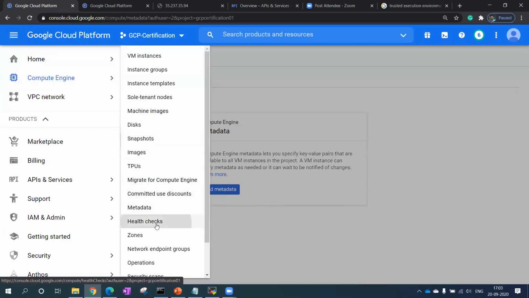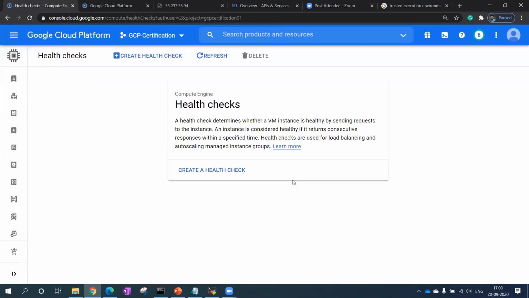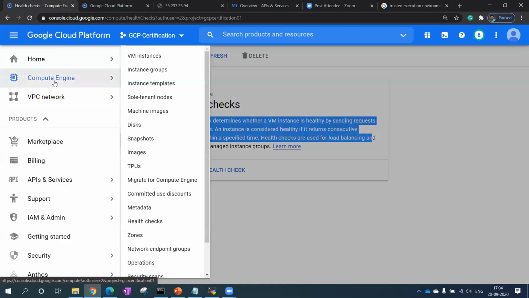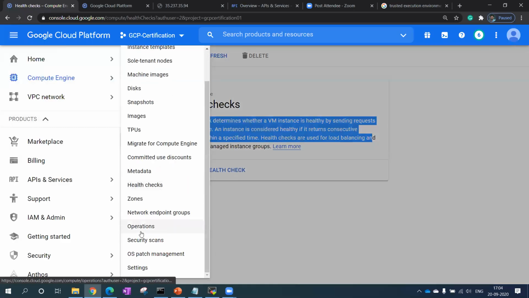Then they have also given you a health check. Health check is not a part of monitoring. It is an additional feature where you can set up a health check for your VM. If your VM is in a production environment and you want to make sure that it is always up, and if there is an issue, any latency, or any kind of downtime on your VM, you should get notified in advance. So you can enable this kind of health check on your VM. Operations I will cover in the next lecture.